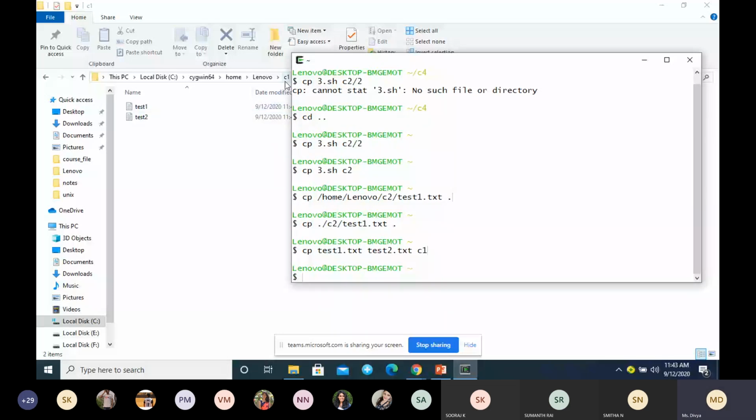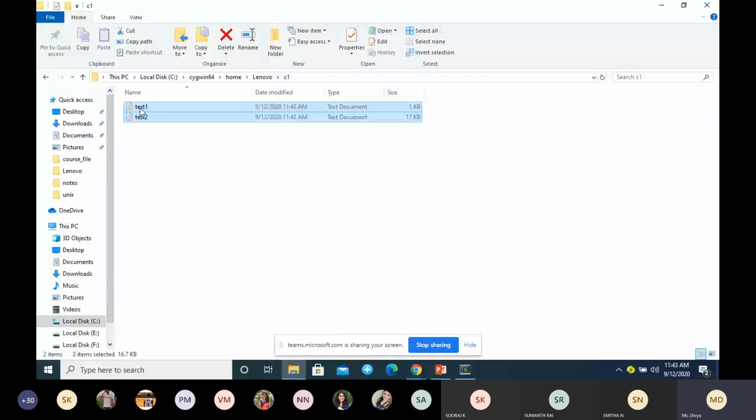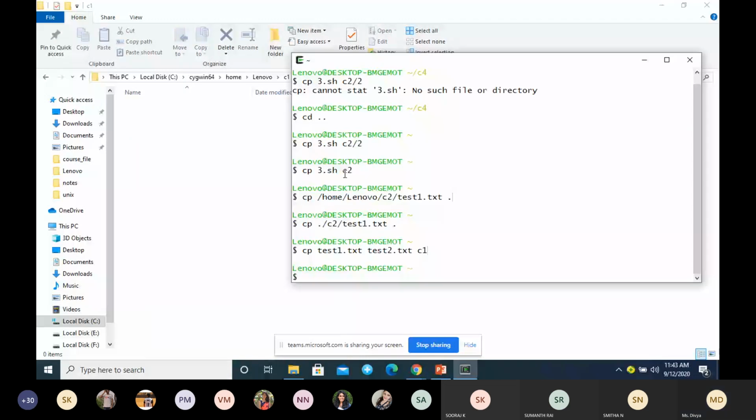So I can also copy like this. I'll delete it. Okay, I have deleted. I can copy like this also. I want to copy all the files which start with TES.